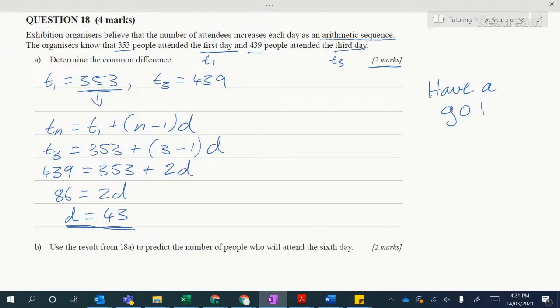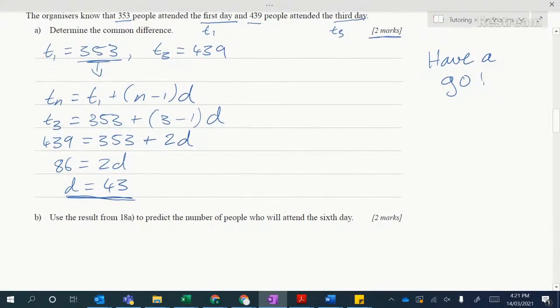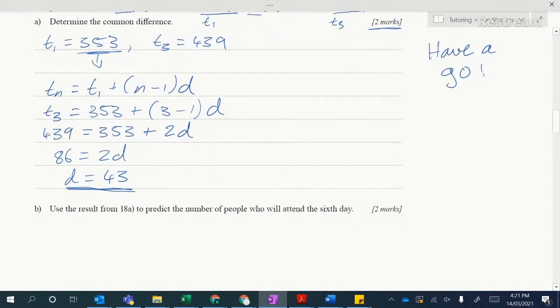Okay, so how do we go with that one? Okay, I now want you, I'll give you another minute or so to have a go at part B now that we know what the common difference is. See if you can figure out the number of people who will attend on the 6th day. Have a go at